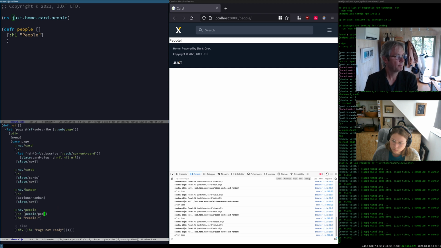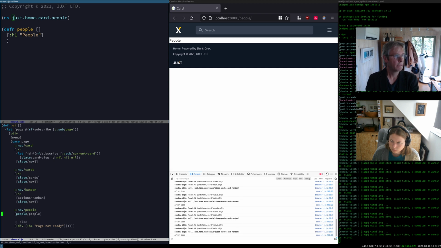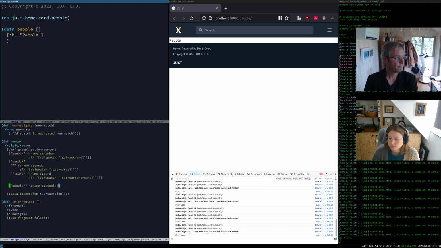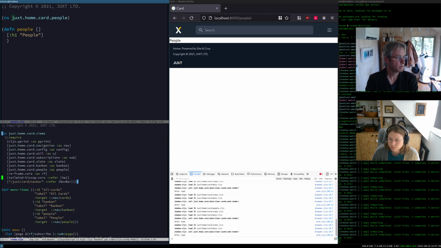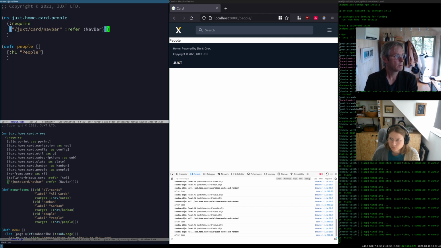People. We don't need the... We do want the menu. No, we get the menu anyway. So, okay. And this people is going to be a bit like the nav bar. So we're going to bring in a component called people this time,